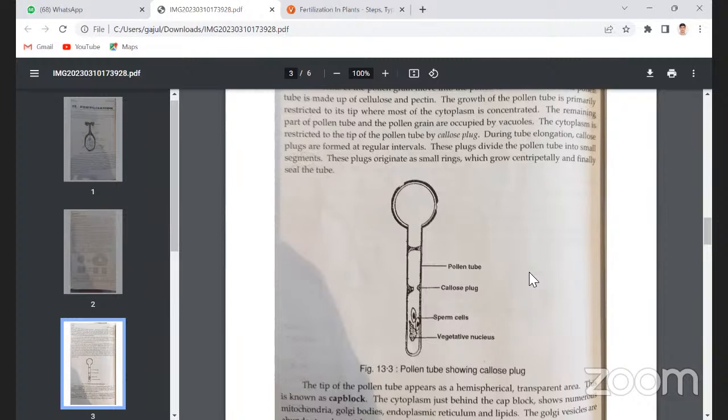The growing tip of the tube secretes hydrolyzing enzymes, the enzyme being pectinase, and makes its way through the pectin-rich wall layers of the tissue. Contrary to this, in Oenothera, Petunia, and Datura, the pollen tube grows through the intercellular spaces in the style. So in monocots,